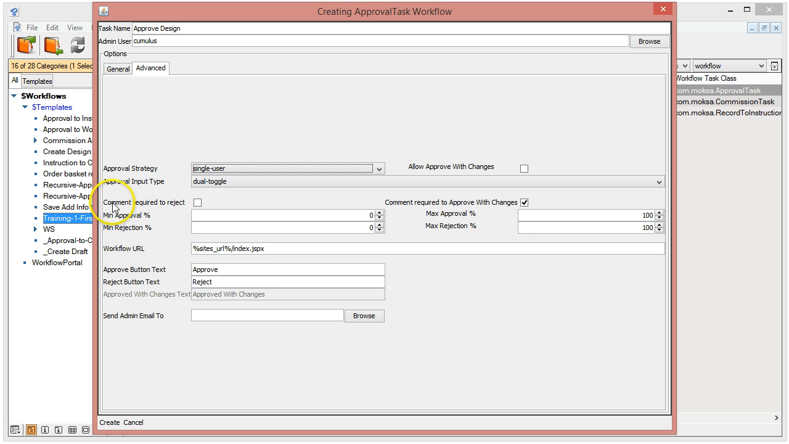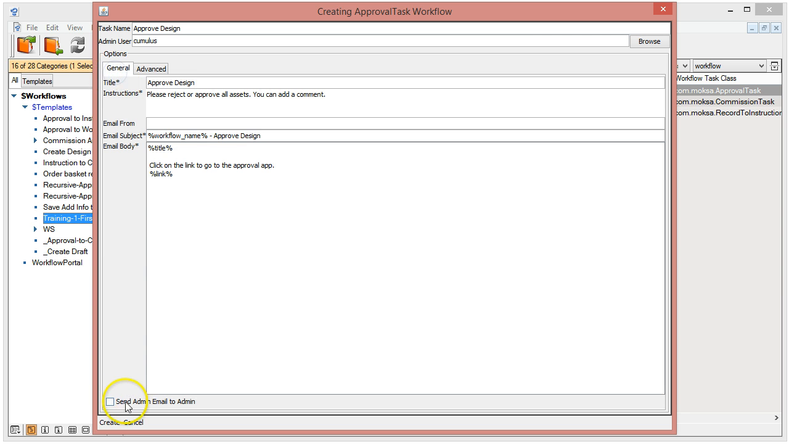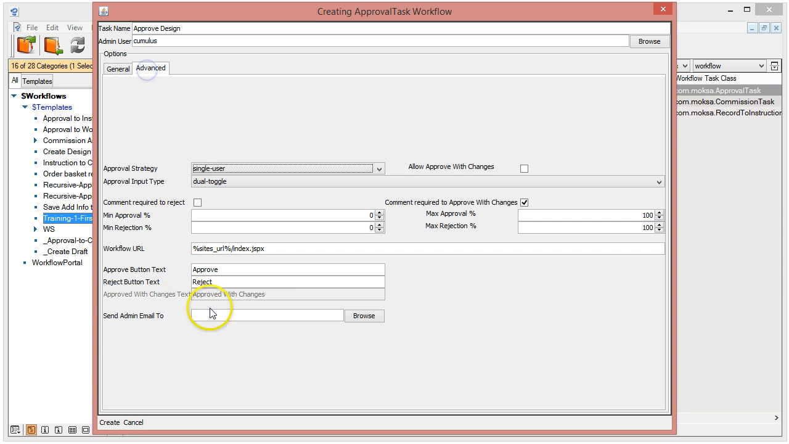You can force people to comment if they reject. You can force people to comment when they approve with changes. You can set a minimum percentage that they have to approve, or a maximum. If you leave all this to the default, it will work perfectly. You can set an additional email address for an admin on top of this one to get an email when